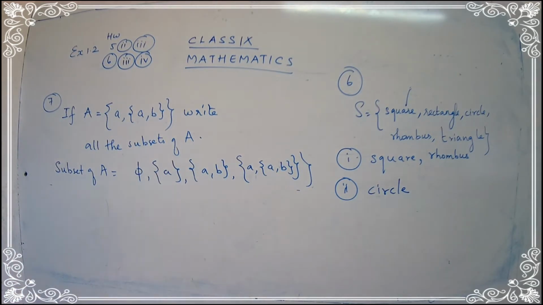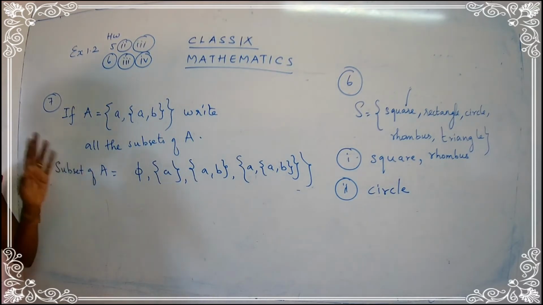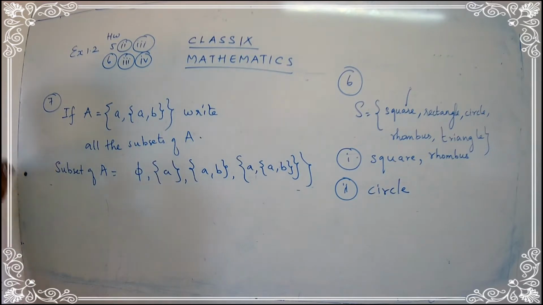Okay, now let's go for sum number 8. What is question number 8? I already have told you, yes, it's a power set. So same way you have to follow the subset, only one difference. For subset, we did not write a bracket here. We are not going to use a bracket for subset because there will be a difference. Children, we cannot go on giving the same answer to everything. So for subset, no bracket. Remember, for a subset, no bracket. For a power set, you have to write the brace bracket.